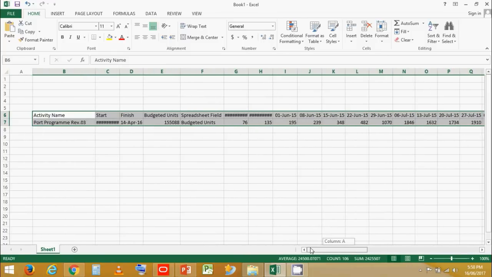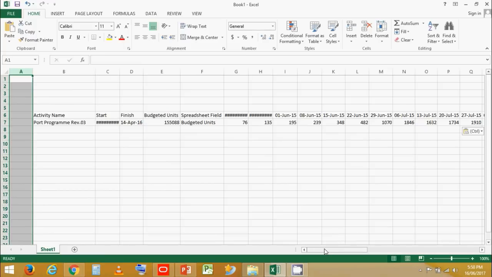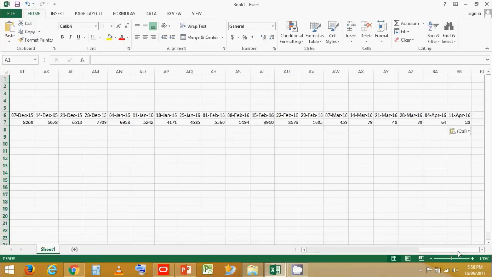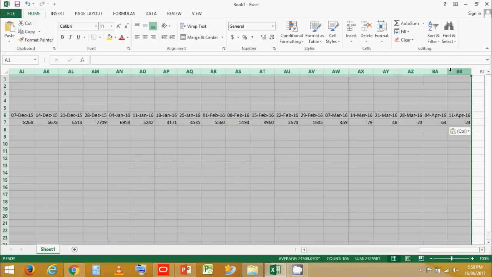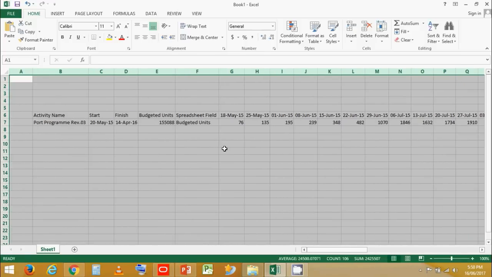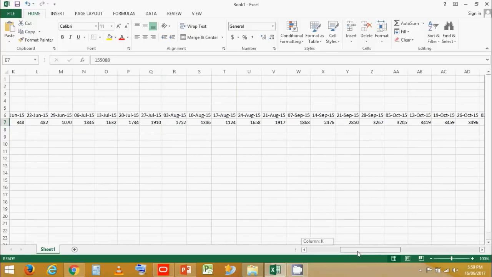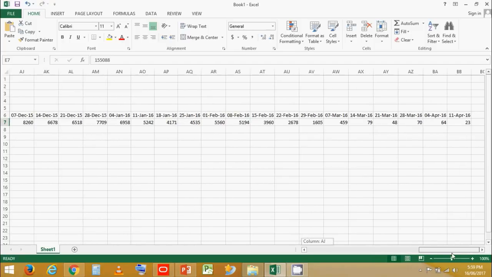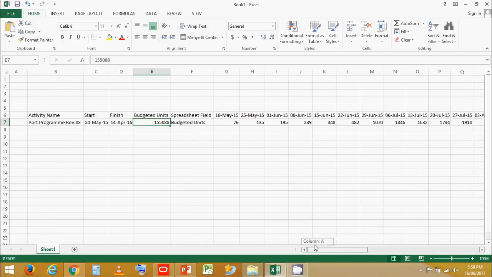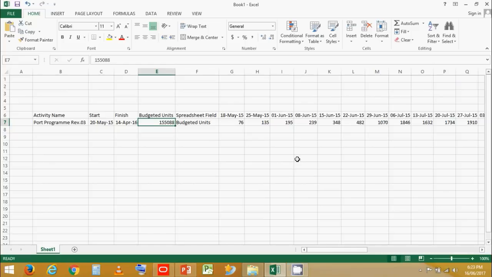Now you see that some columns are not clearly visible, so let's just select all the columns and double click so that all the columns are equally distributed and the data is visible. This is the total budgeted labor units assigned to the project, which has been distributed over the time scale of the project based on the project activity planning and the resource assignments. Now further ahead,